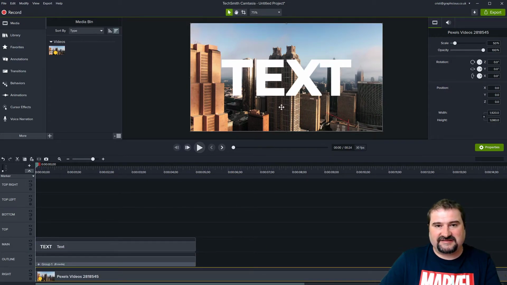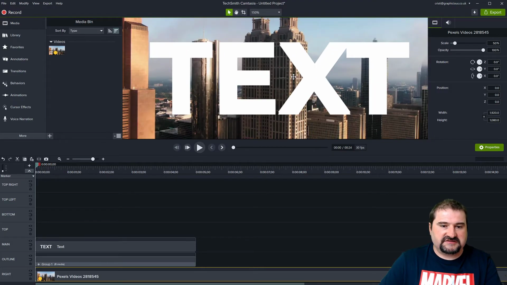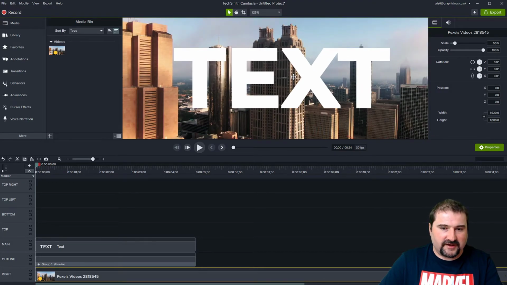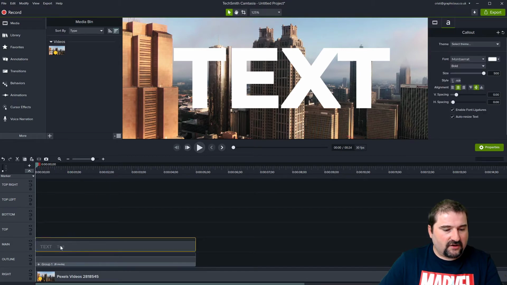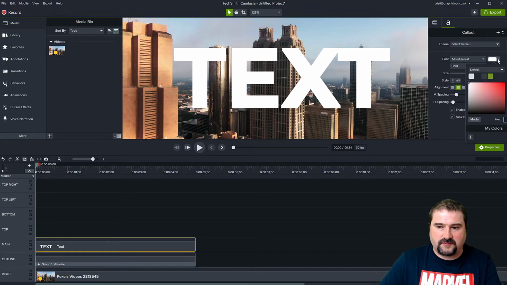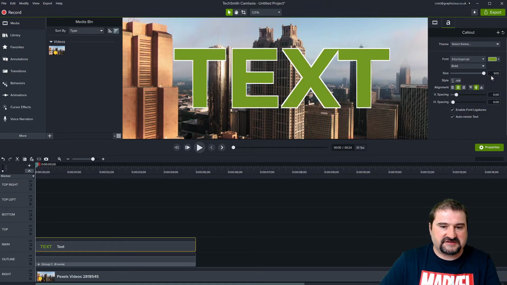You can see my text is not see-through yet, so that's fine. So let's see how we can do it. I'm going to zoom back into my text and I'm going to click on the main text. You can see what the main text does now, because if I change the color now, you can see it's green and it has the white outline that I've created by offsetting all of those layers of text, right? So now I don't want this to be green. Actually, I want it to be see-through.